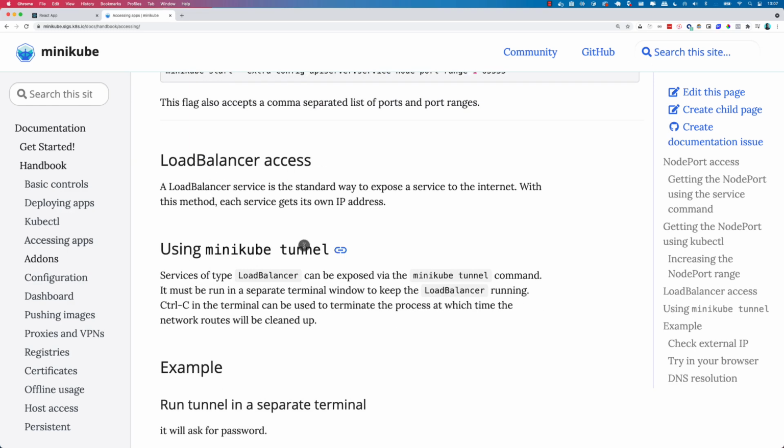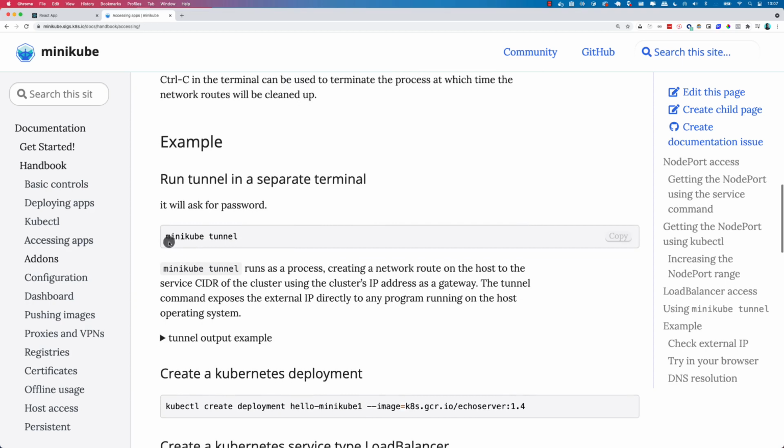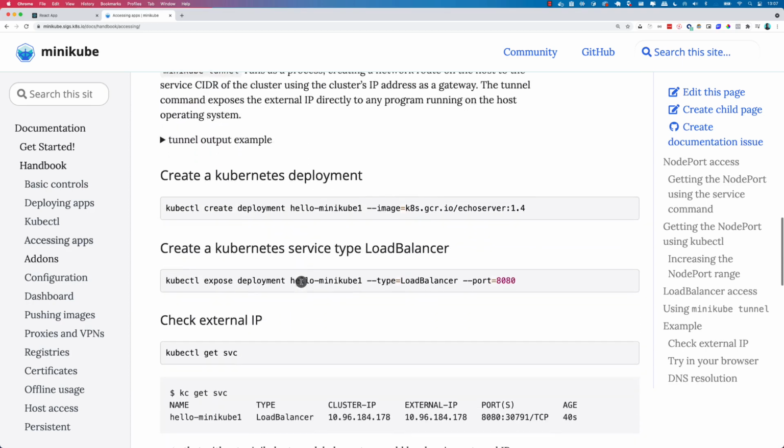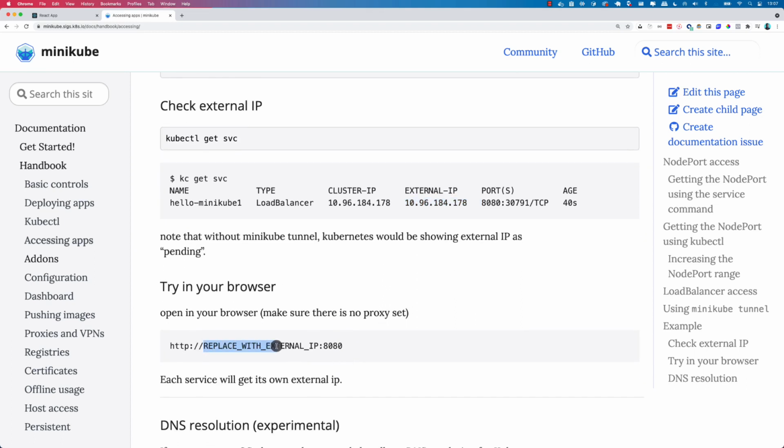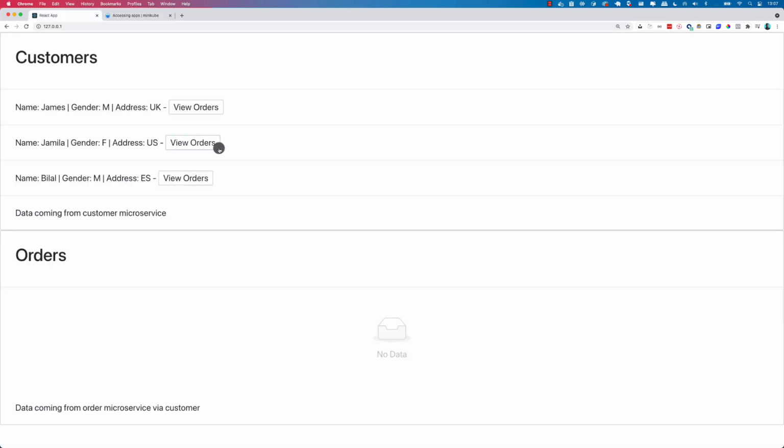We have to issue minikube tunnel. Here you issue this command. We already have the deployment and the service, so this is part of your exercise. If you follow all of this, you should get the external IP that you can then use in your browser, and for us it will be just 80 instead of 8080. And then once everything is connected properly, you should have this full stack application right here,